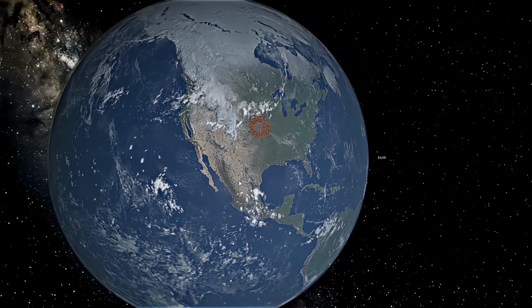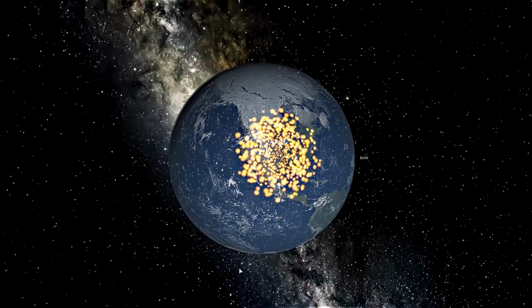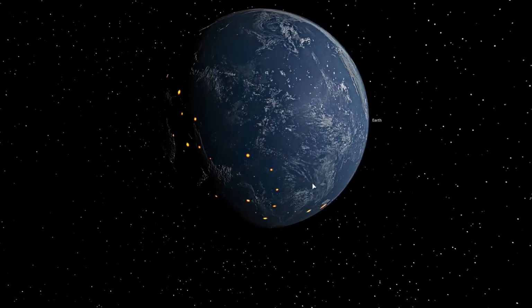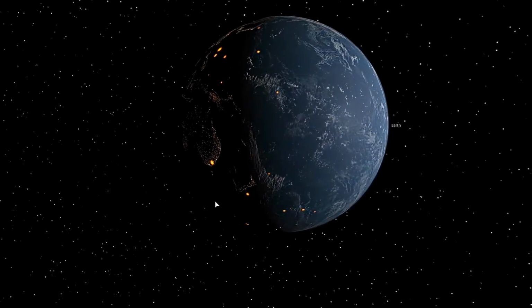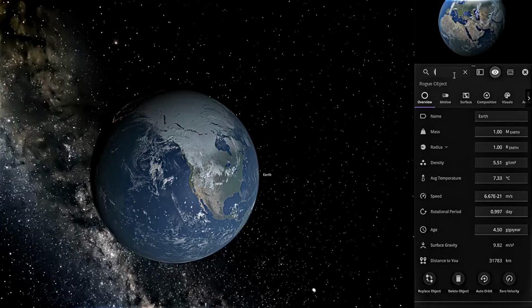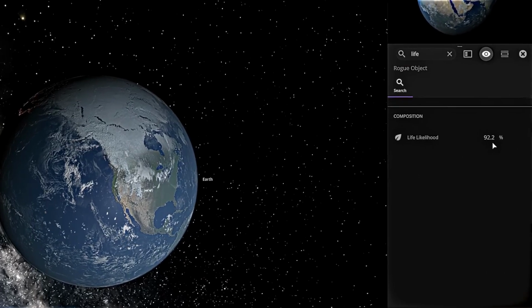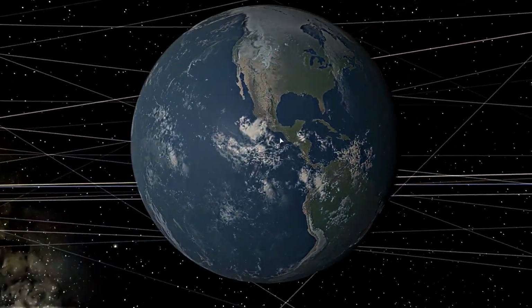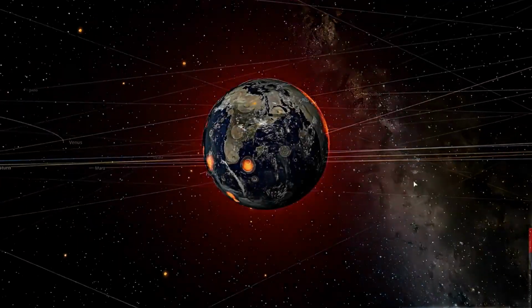It's so small you can barely see it. It hits the Earth, but it doesn't seem to have caused much damage. Okay, now we can see a very strong shockwave spreading across the entire planet. The fragments even hit the backside of the Earth. What a disaster. Let's see if there's still life on Earth. Yeah, 92% is a good figure. Seems like a grain of sand isn't enough to extinguish humanity.